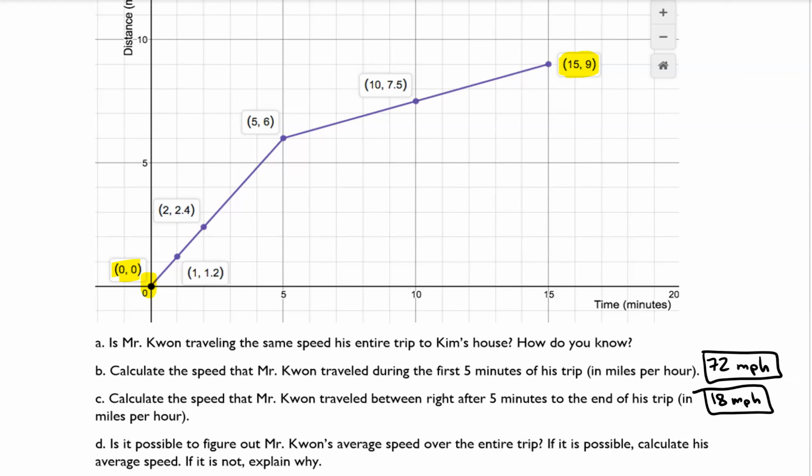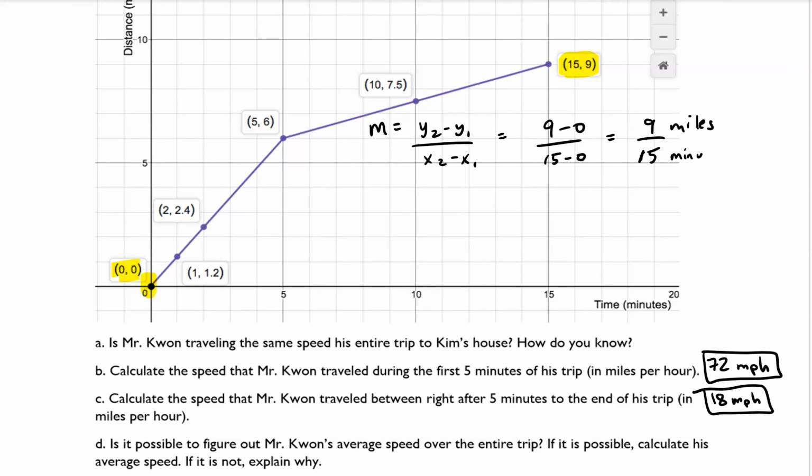So normally, I would still use the slope formula, m equals y2 minus y1 over x2 minus x1. And so if I did that here, that would be 9 minus 0 over 15 minus 0, so it's 9 over 15. And that's just telling us that over the whole entire trip, I've traveled 9 miles in the span